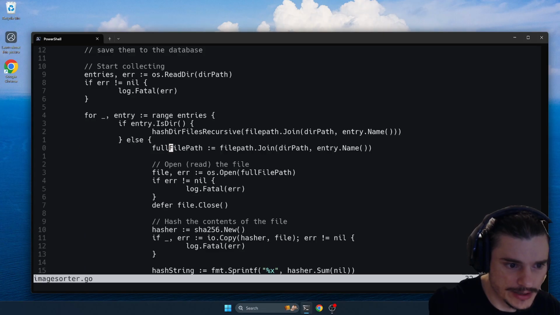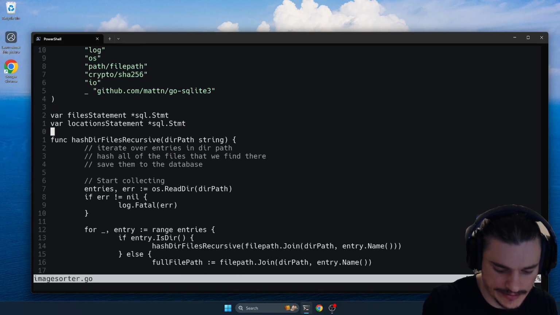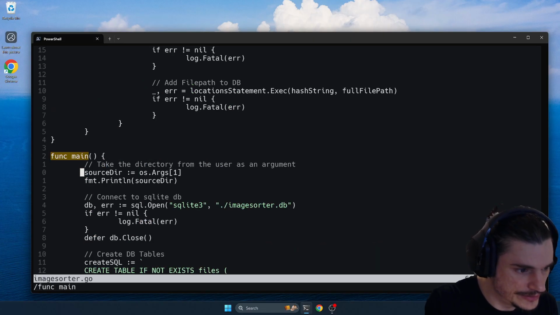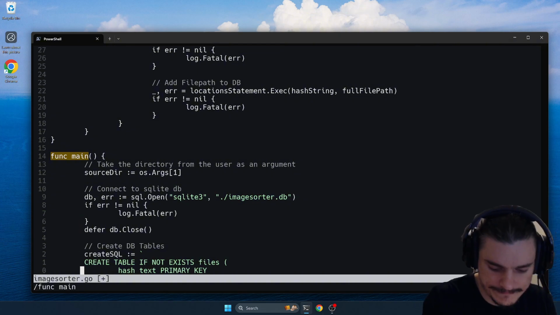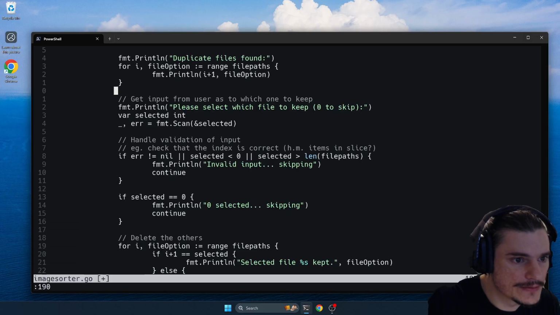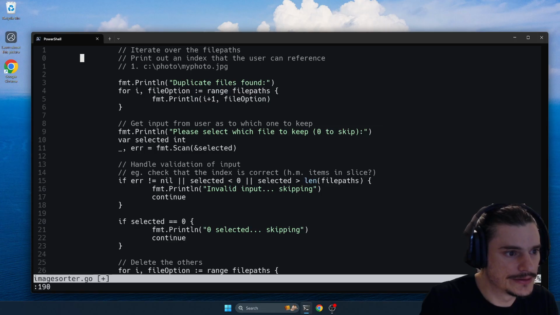So file path, where are we printing that out? Oh, that's going to be in our main function. Yeah, there it is. We can get rid of that. We don't need it. And then where was our length test? Let's get rid of that too. Okay,